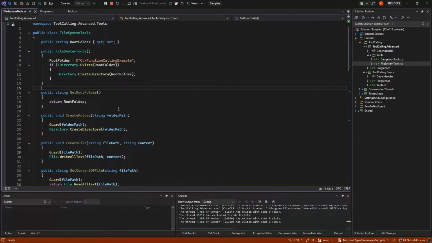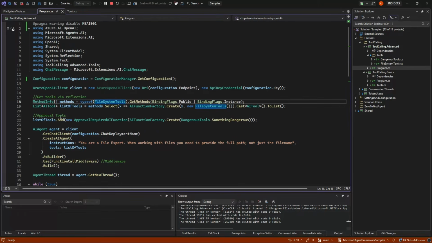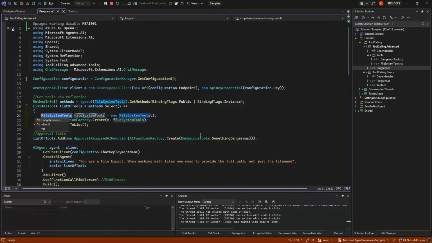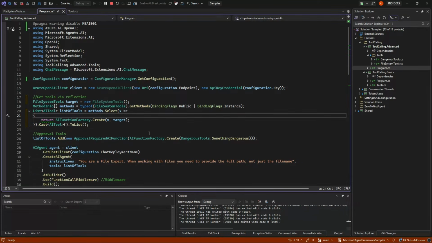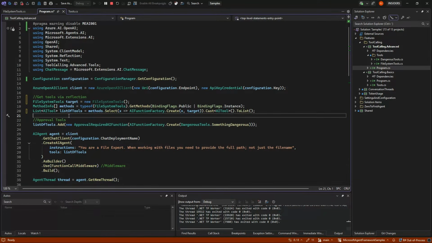The other one was static members, but that's nothing a simple reflection can't do. So we just take a type of this file system tools. We get the methods that are public and instance, so we don't expose the private methods. And then we just turn them each into a tool with the instance here. So this is essentially the target of our system. So we can do it like this, so it's a little easier to look at.